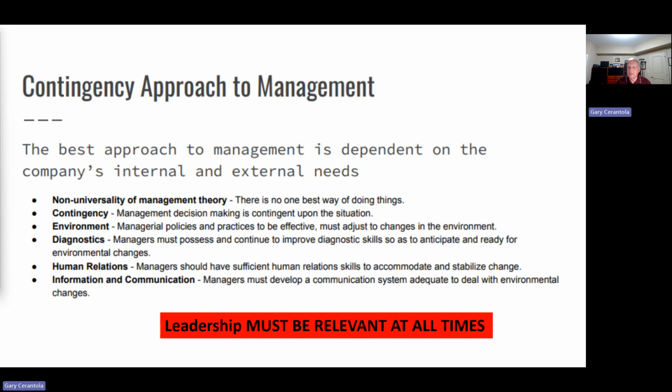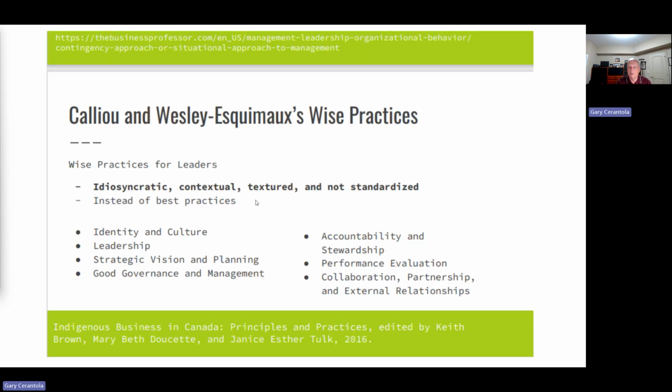But information and communication, that's the key. All right. You need to develop a communication system adequate to deal with the environmental changes. And the key thing around changing circumstances is to keep people informed and understand that. And remember in the project management illustration I showed you over time in terms of transformation, that you're going to get into that dip that comes down before the performance starts to go up, which we call the valley of despair. And the more that you can get ready for it, the more effective you're going to be at leading a transformation. So that's what that's all about.